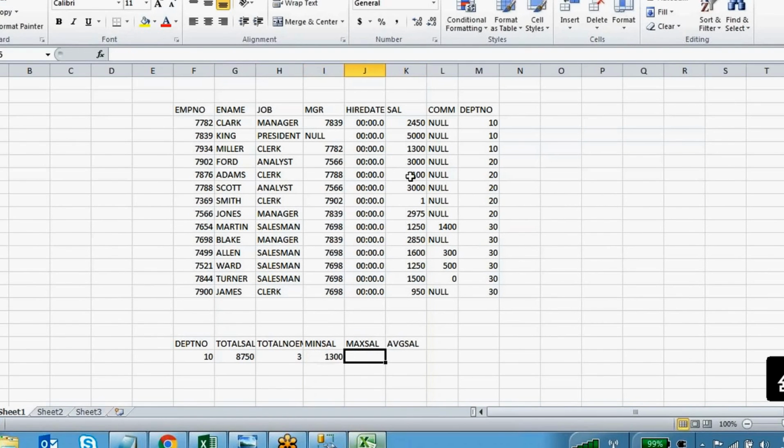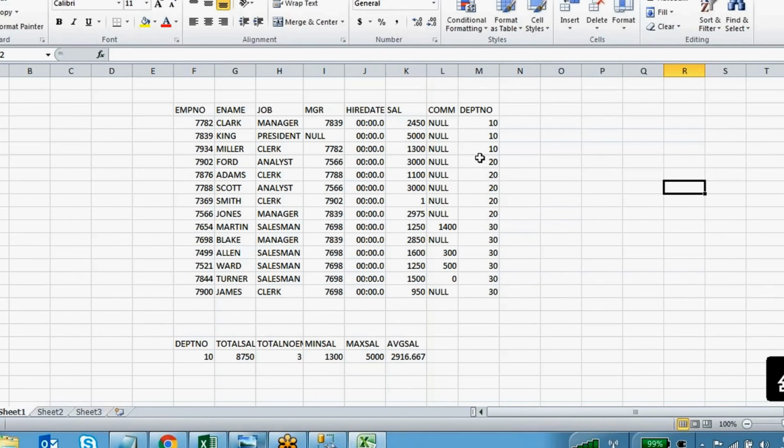And what is the maximum salary? It's 5000. And what is the average salary? The average salary is nothing but 8750 divided by 3. So the value is 2916.667.